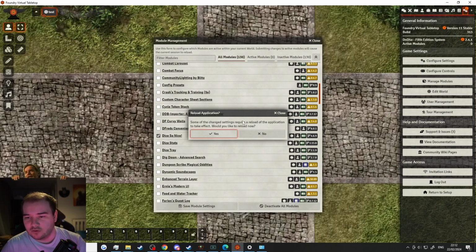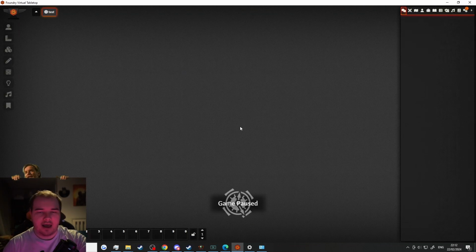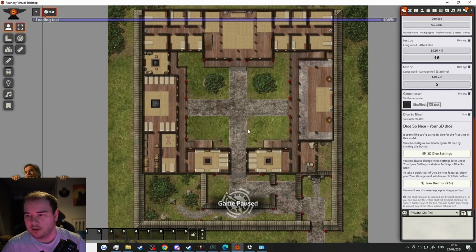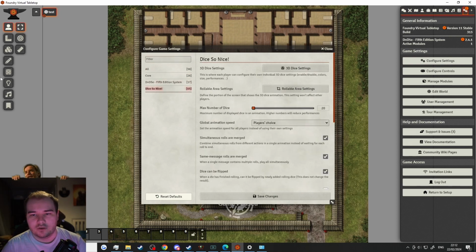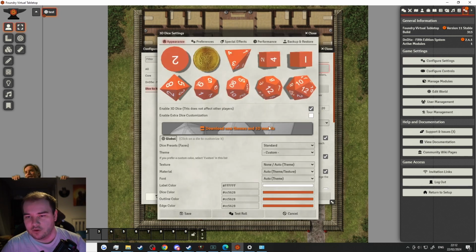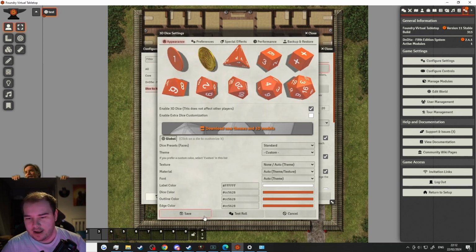So some of the changed settings require a reload of the application to take effect. Would you like to do that now? Just click yes, and it will reload the game pretty quickly for you. And then here we go, I'm getting a tutorial about 3D dice, but I could also go to configure settings, and you can see that my module settings for 3D dice is in here. So then I can go into my 3D dice settings, and I could say, yep, those are the 3D dice